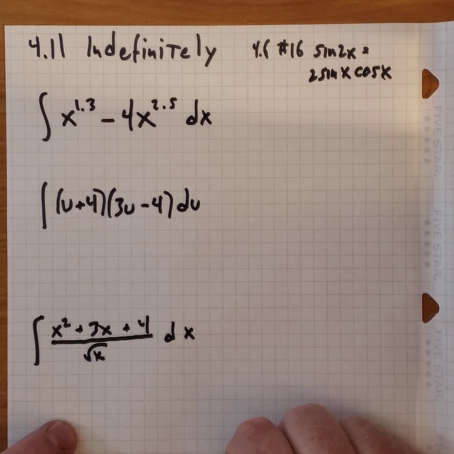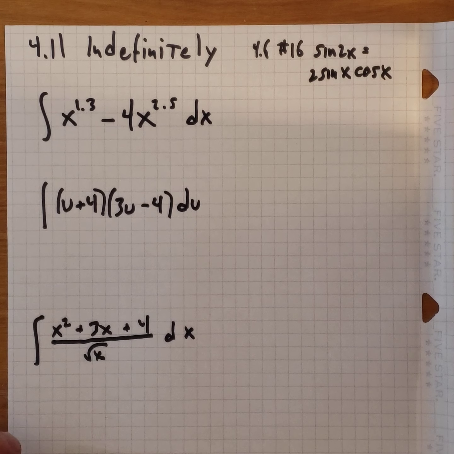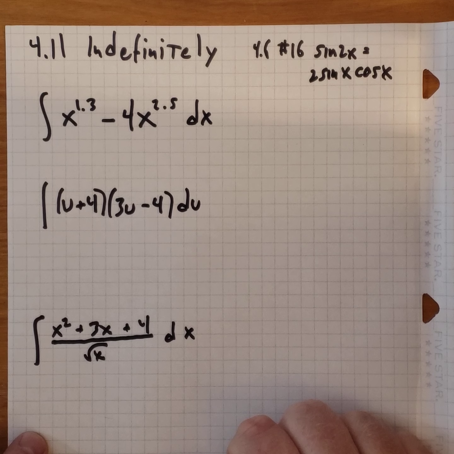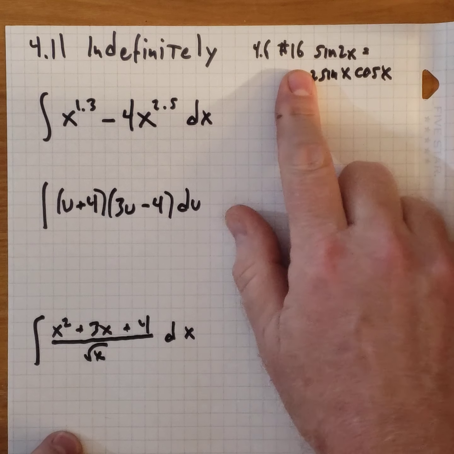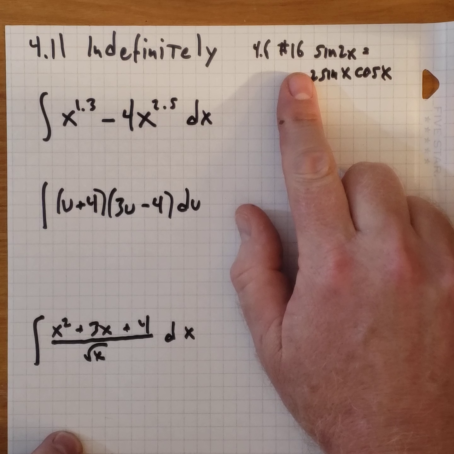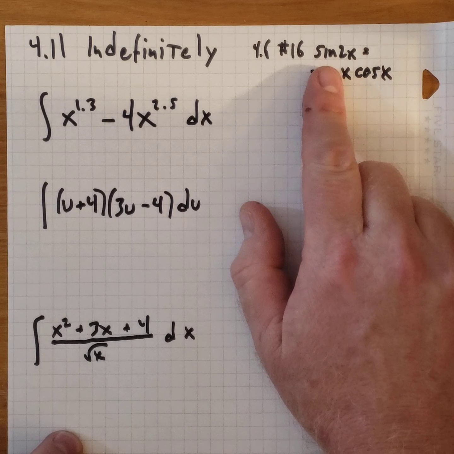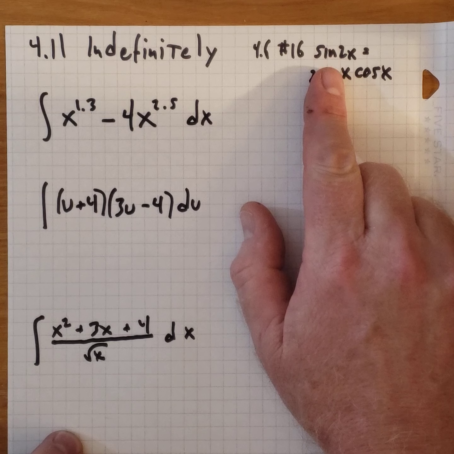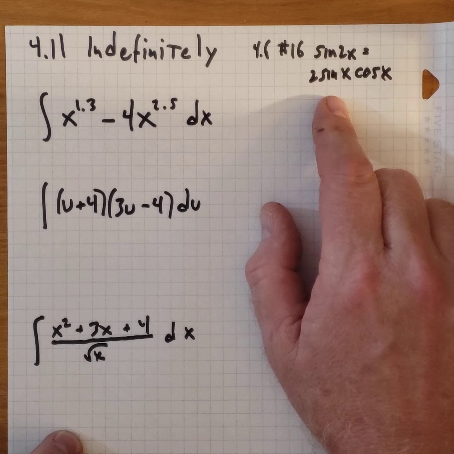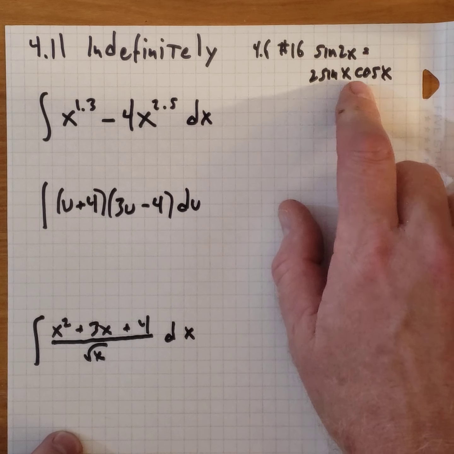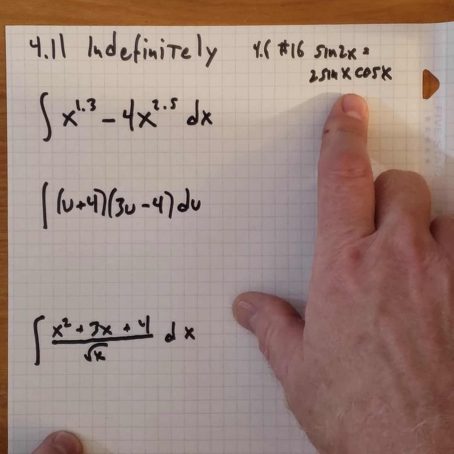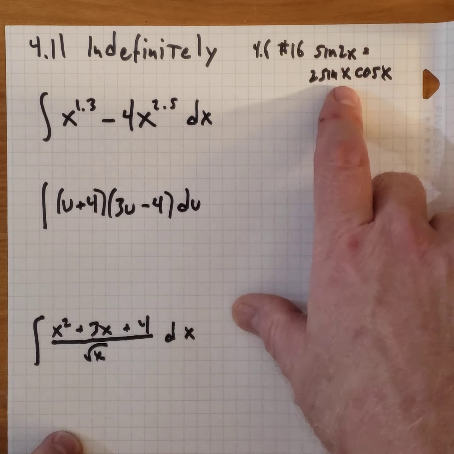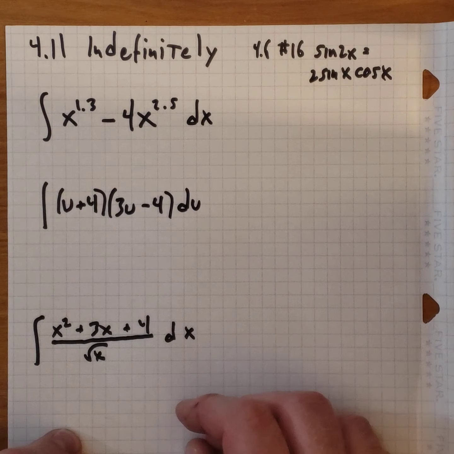All right, we're looking at indefinite integration here, or indefinite integrals. And this is approximately section 4.6. And before we get started on that, number 16 in 4.6 is a little difficult until you realize that sine of 2x, which is part of the expression, is equal to 2 sine of x times cosine of x. So use that identity to rewrite sine of 2x this way,